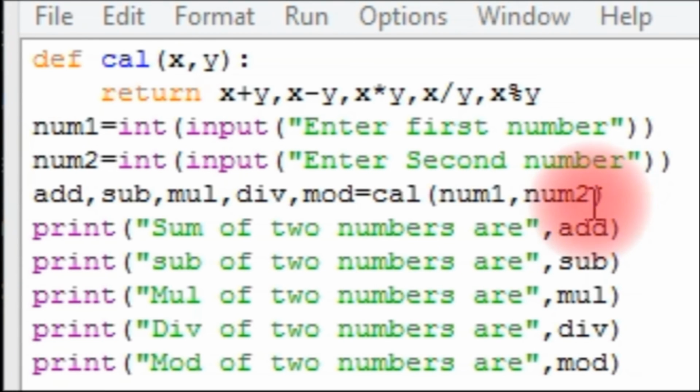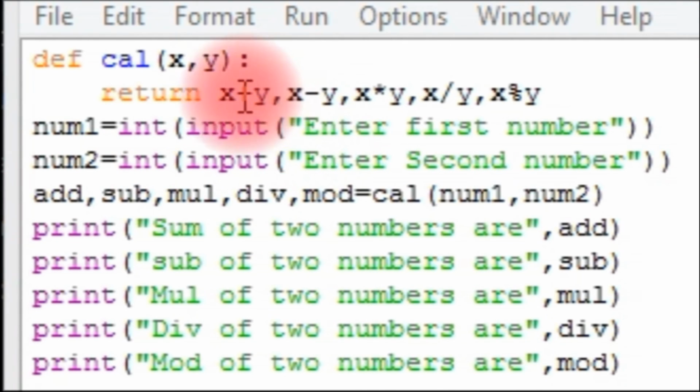Coming to the program, we have defined a function, namely cal, with two parameters x, y, and we have a return statement. Coming to the main segment, we have two variables num1 and num2, which accept integer data from the user, and the same thing is stored in these variables. In the third statement, the function call is made in this format, comma separated.